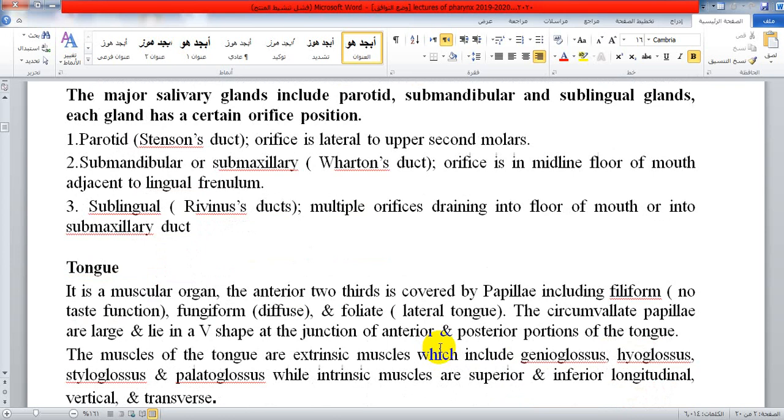Now we go to another structure which is a very important structure in the oral cavity, which is the tongue. The tongue is a muscular organ. The anterior 2/3 is covered by papillae, including filiform, where there is no taste function, and fungiform, diffuse, and foliate. It is in the lateral part of the tongue. The circumvallate papillae are large and lie in a V-shape at the junction of anterior and posterior portions of the